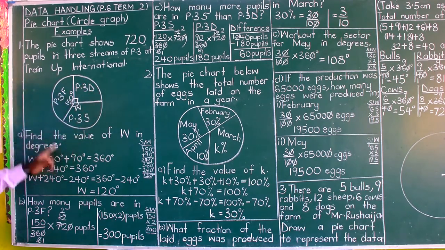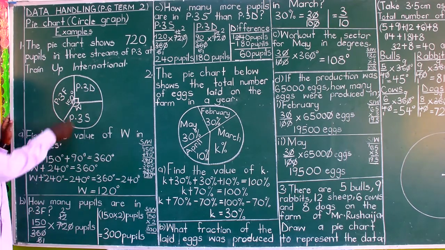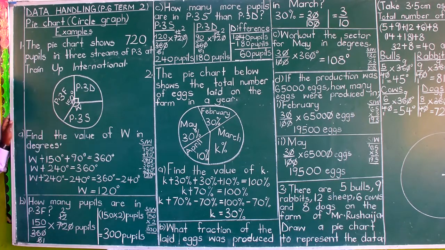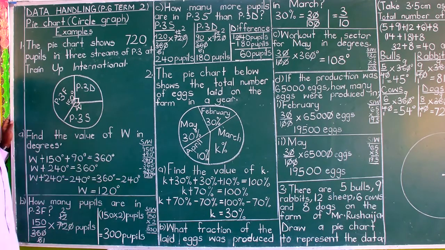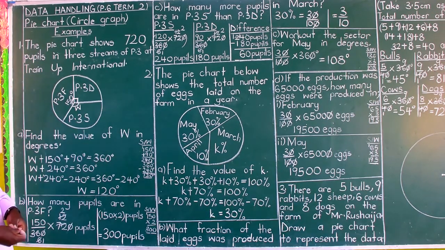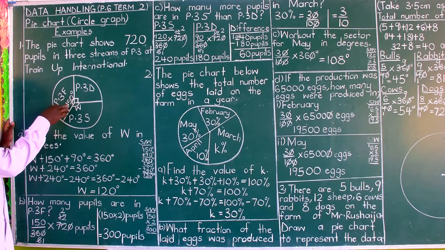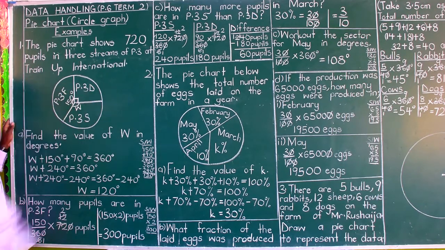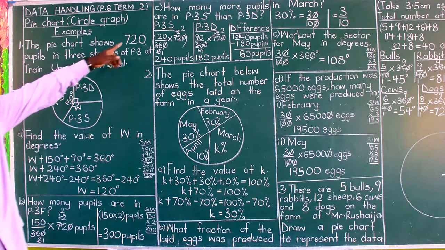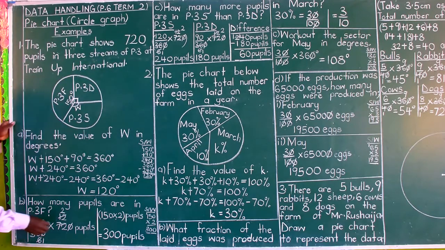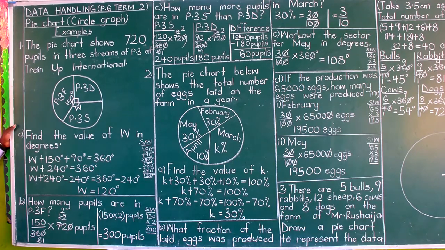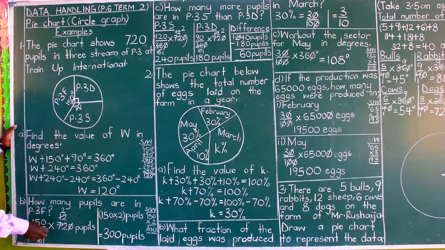150 is part of the whole circle. The whole circle, an angle that we call 360 degrees. So it is a fraction of 360, because a fraction means a part of a whole. So we say 150 out of the 360, then times the number of pupils, meaning you are expressing them in terms of pupils. You say 150 out of 360 times 720 pupils, and we start our calculations by